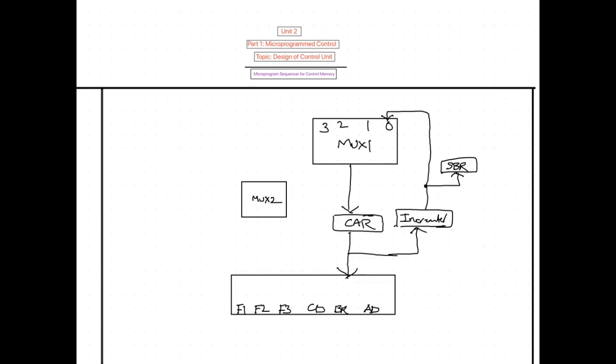What about the second source, line 1? We get it from the AD bits, to line 1 of MUX1. This is the second source, AD bits. The third source, at line 2, comes from the SBR register.